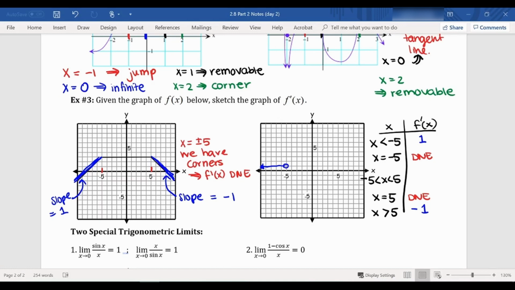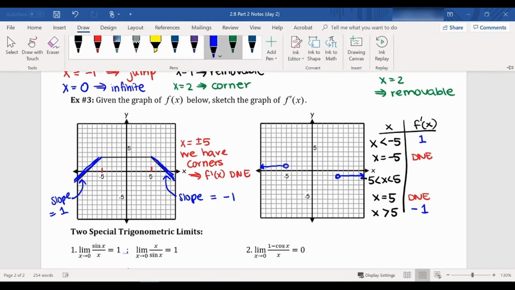Then when x is bigger than 5, we had a value of -1. So if I go down to a y value of -1 at 5, again, we're going to have an open circle because f prime does not exist when x is 5. Okay. So the one that we're missing is in between